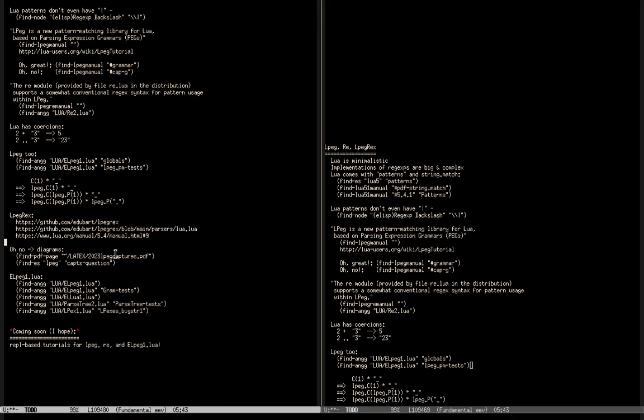One thing that I did to understand group captures was to represent them as diagrams. Of course, in the beginning I was drawing these diagrams by hand, but then I realized that I could use the bits of LPeg that I already knew to build a grammar that would parse a little language and generate these diagrams in LaTeX. And I was able to make this.